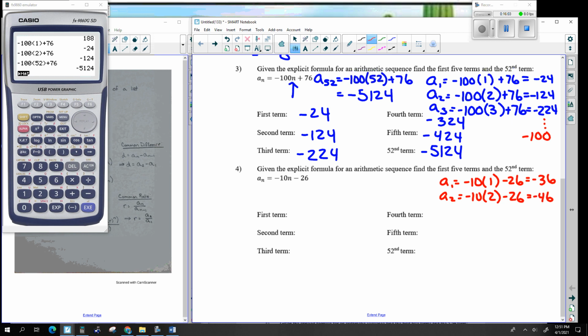So I see that this is a minus 10 type situation. So I start off with negative 36, minus 10. And so that will turn out to be negative 56, negative 66, negative 76, et cetera. And then the 52nd number,